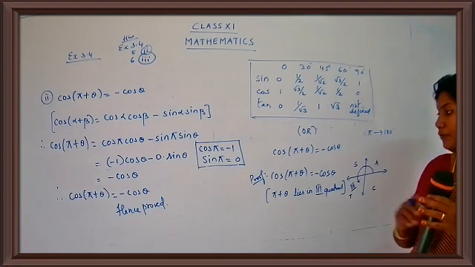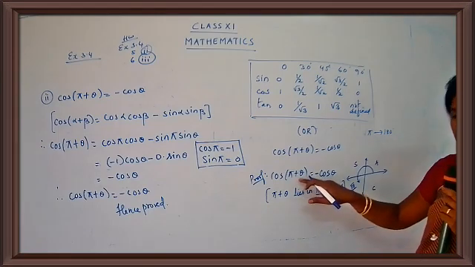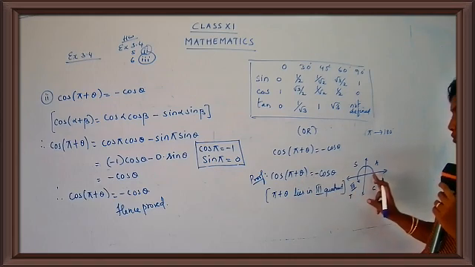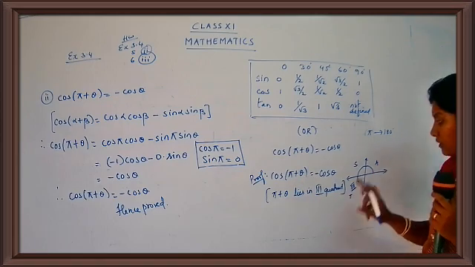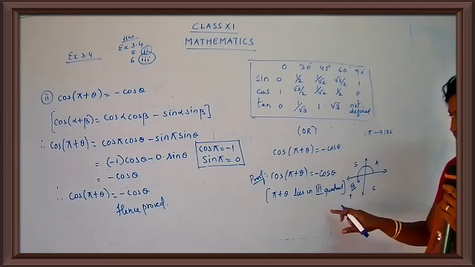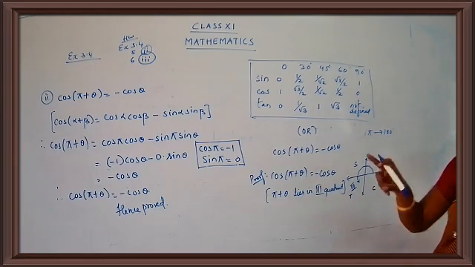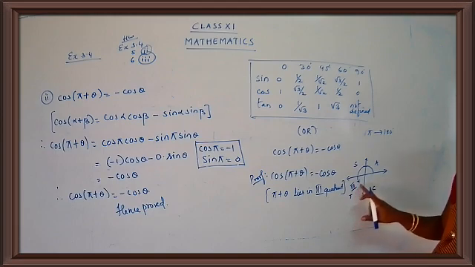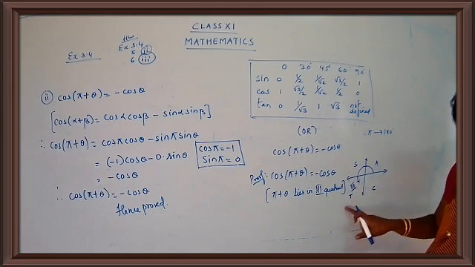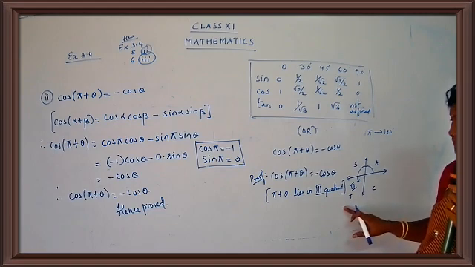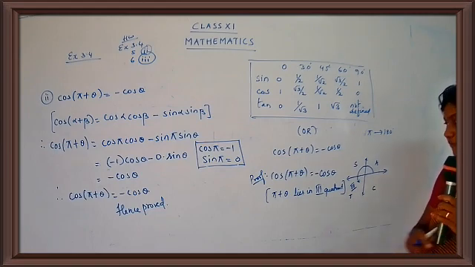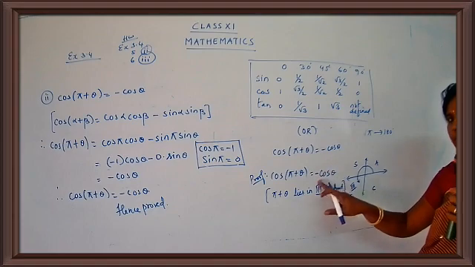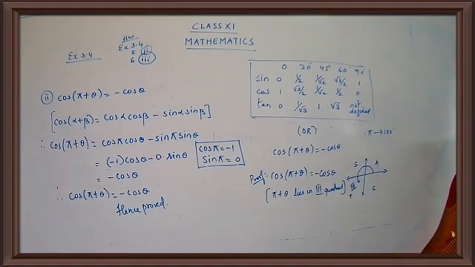And after that, you have to check for the angle. Pi plus theta. If you are going for a positive angle, you have to move in a counterclockwise direction. Pi means 180, so 0 to 90, 90 to 180, plus theta. That means you are somewhere in the third quadrant, and in the third quadrant only the tan and cot functions are positive and the others are all negative. So cos will be negative. So I get the answer minus cos theta. That's all. Proved.